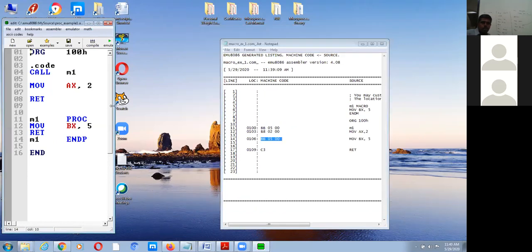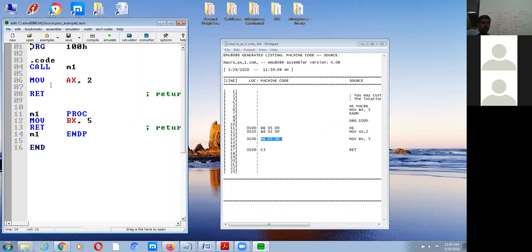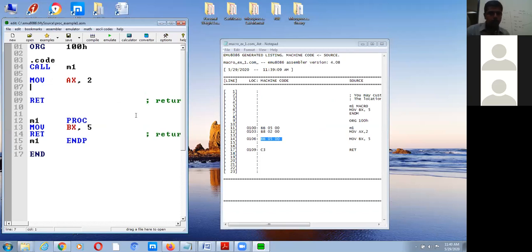So in this also, in the main code, we will call the procedure and see how it looks. Yeah, this is using the procedure.